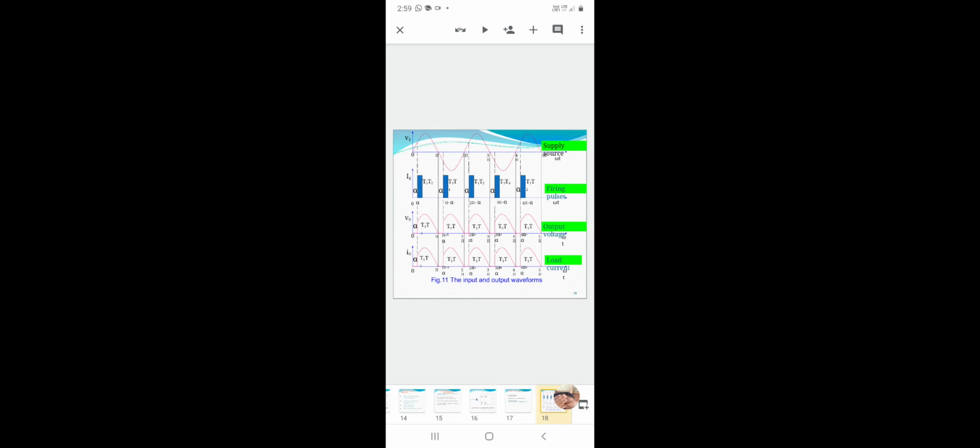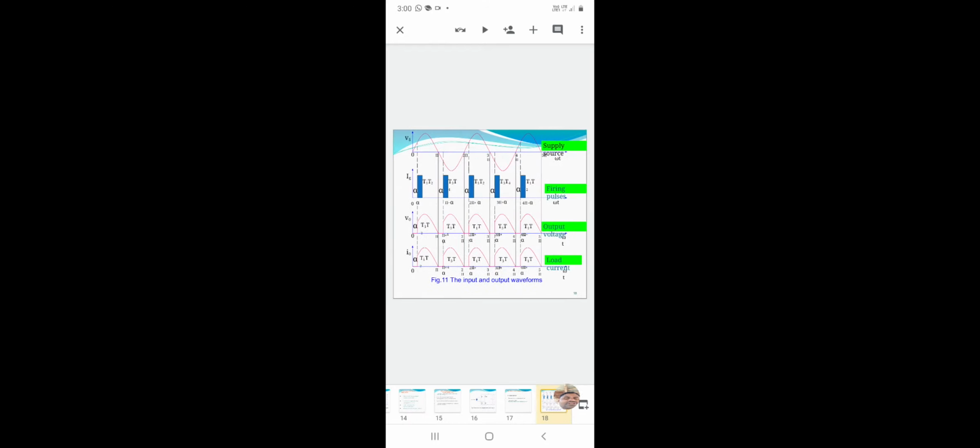This is the output voltage for T3 and T4 during that time period. Next, at 2 pi, the next positive half cycle is reached. In this time interval, thyristors T1 and T2 start conducting. T3 and T4 are reverse biased, and thyristors T1 and T2 are forward biased.